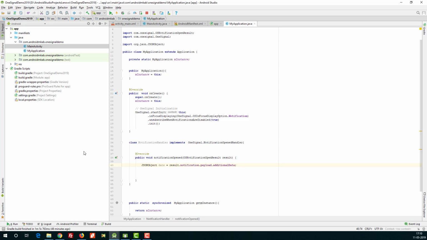So whatever additional data we are sending, all that data will be stored in this JSON object. Then we can access it from here.